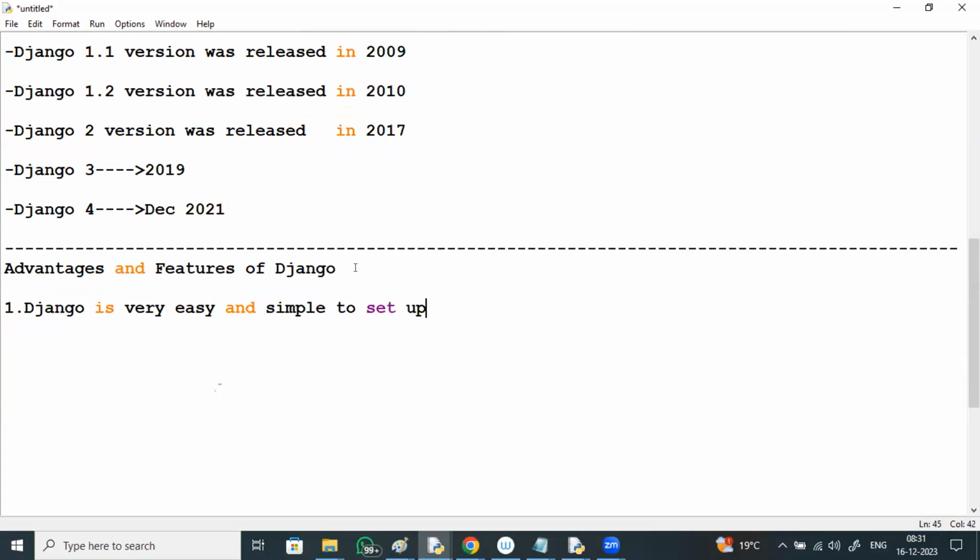Django has a ready-to-use interface for any kind of administration-related activities, right?